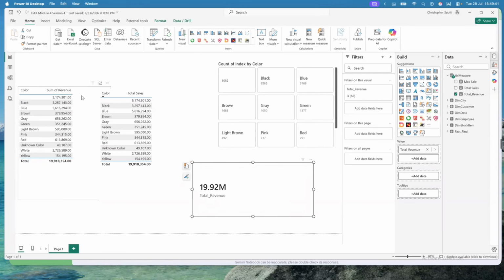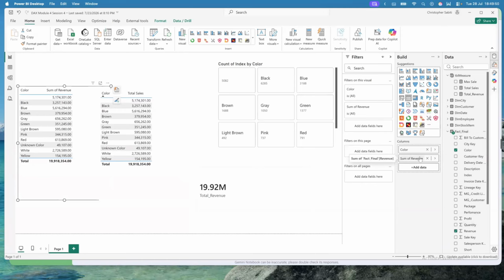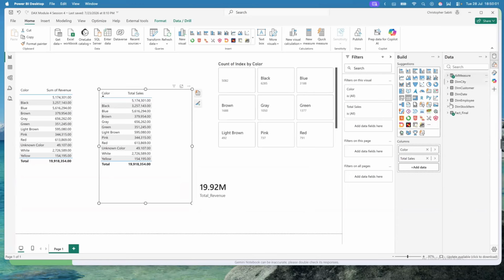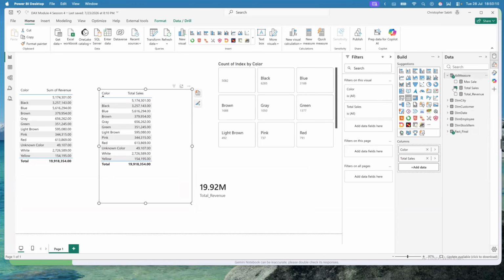So when you click on this, you'll see what measure we used here. Here we didn't use a measure, we used the calculated column and we did the sum from here. Then when you check on this is I think where we used the measure. So the moment you click on a visual, it gives you what was used to populate it. So here you see there is a check on this table. I will check, they used color, then they came on measure, they picked the measure total sales, which is giving